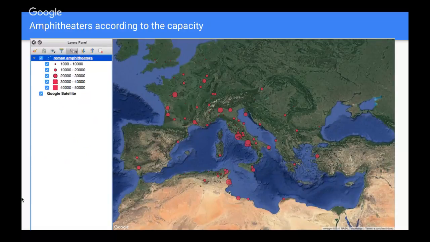Of course, if you have numerical data in your file, you will also be able to categorize the view according to those particular data. So in this case, I tried a categorized view according to the capacity that was described for the amphitheaters. And you can, again, categorize the view according to the size of the symbol that can be proportional to, in this case, the capacity, the value, or according to the color again.